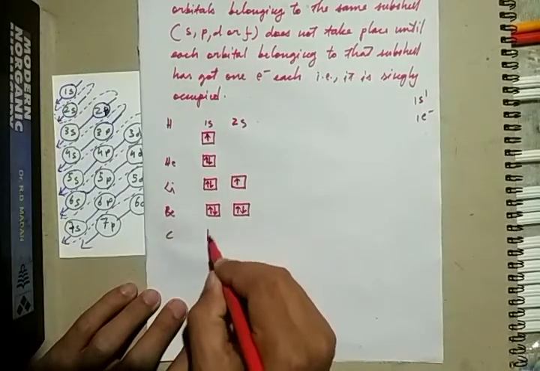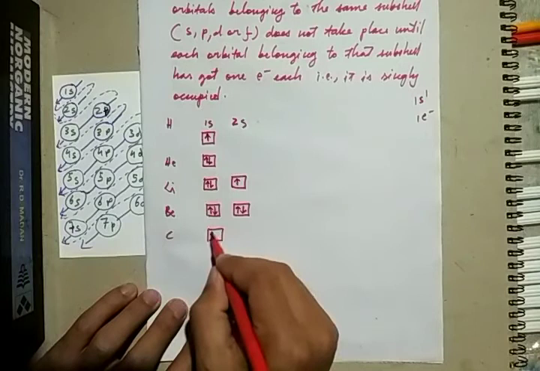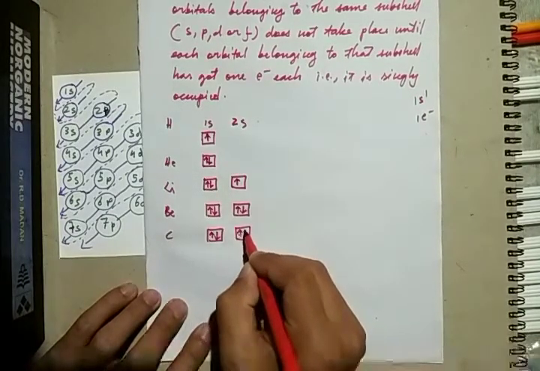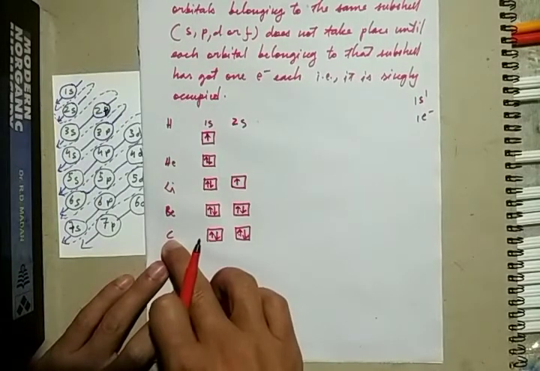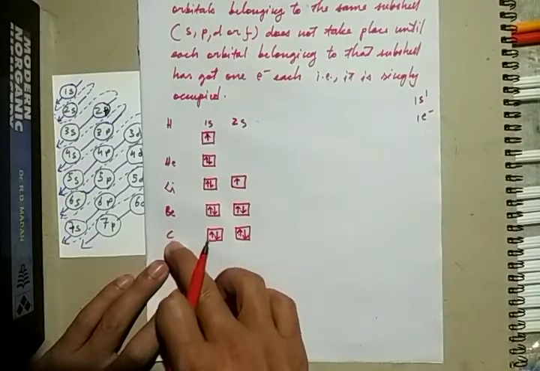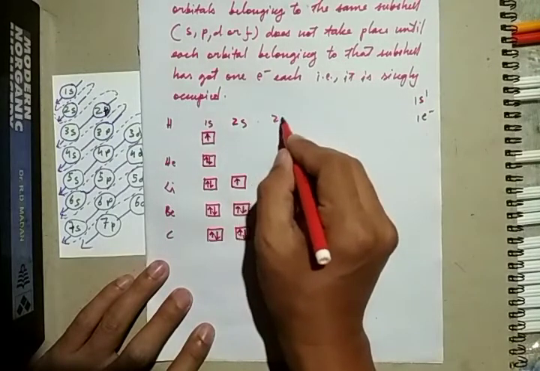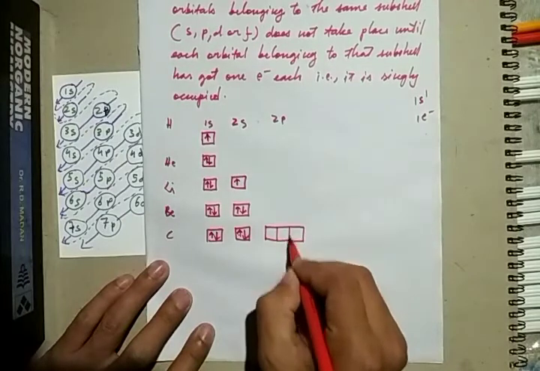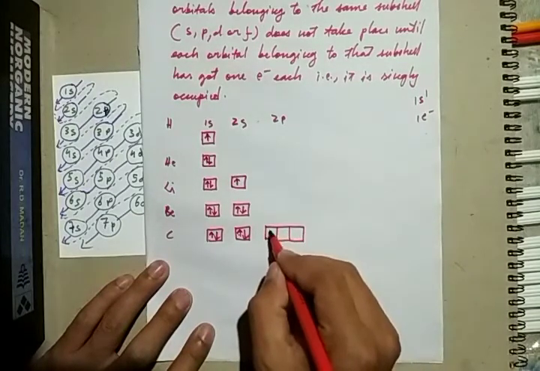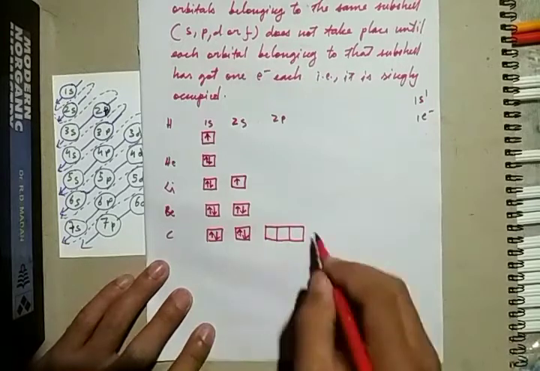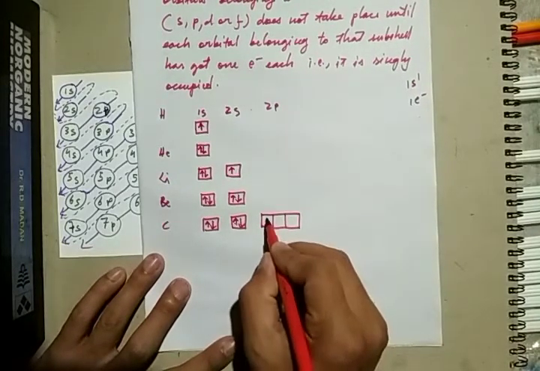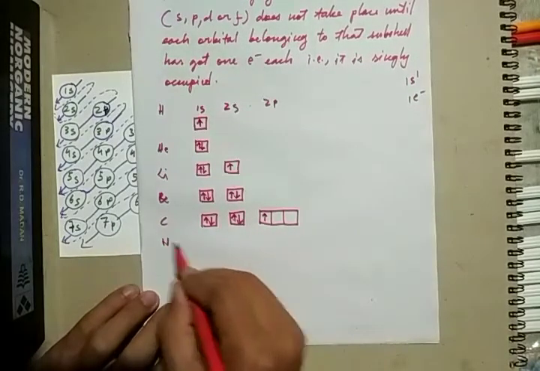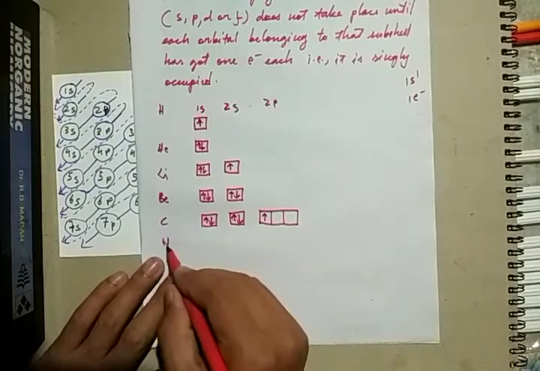Next is carbon, okay, the 1s and 2s will be the same. Carbon, atomic number 5, so the 2p orbital will come. 2p has 3 orbitals, represented by these 3 box-like shapes. So 1 electron will come here. Now for nitrogen, 6 electrons will be there, atomic number 6, so